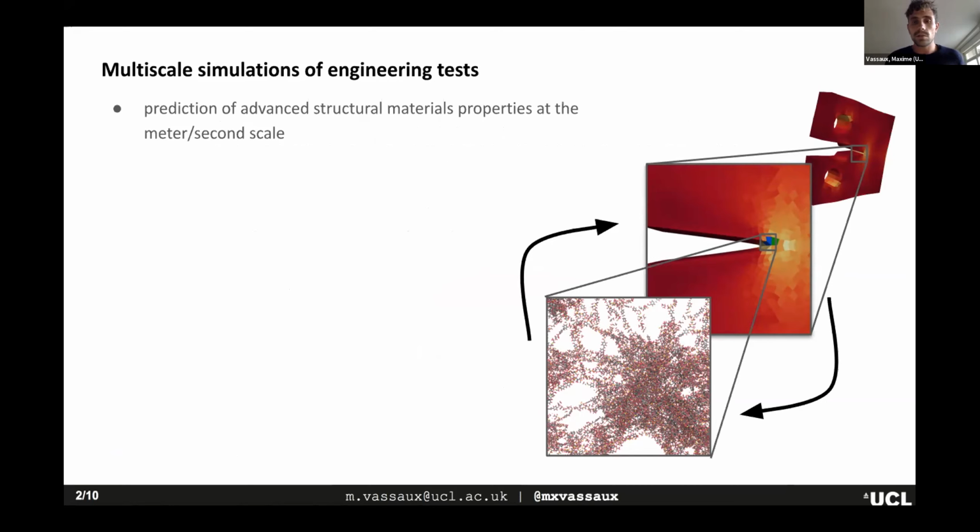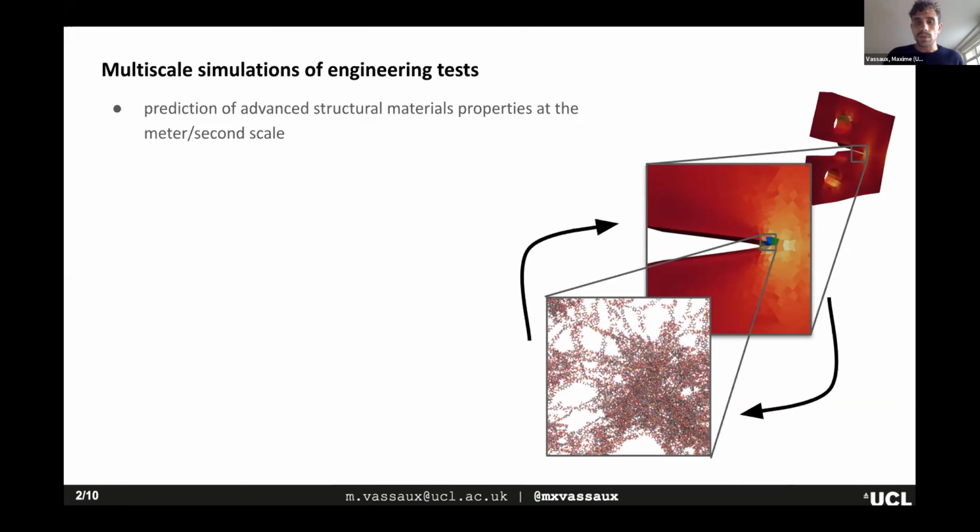This information is usually found empirically, running experiments and drawing constitutive relationships between stresses and strain in terms of continuum mechanics that enable to predict, for example, the fracture toughness of such a sample. But